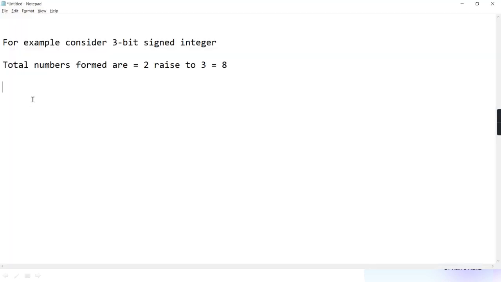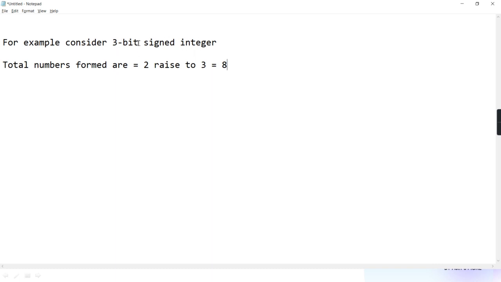Why 2 only? Because in binary, there are only 2 possible digits: one is 0 and one is 1. Therefore 2. And how many bits are there? 3 bits. So 3 bits means 2 raised to 3 combinations. How many combinations will you get? 8. So from this, what you got to know is that if your data type is a 3-bit signed integer,